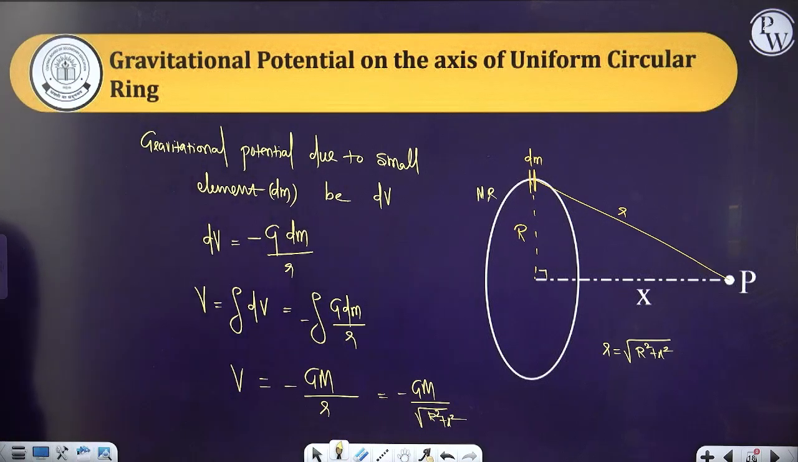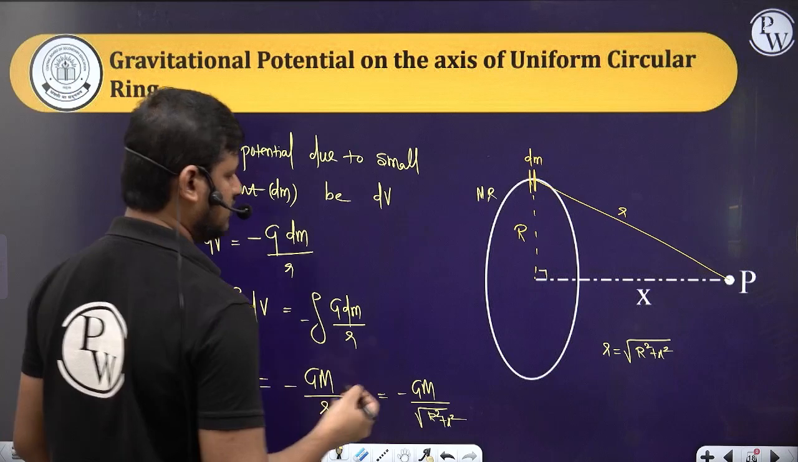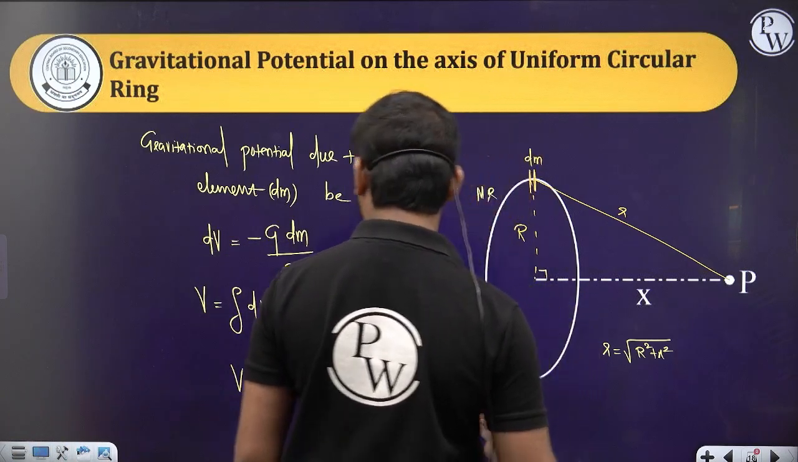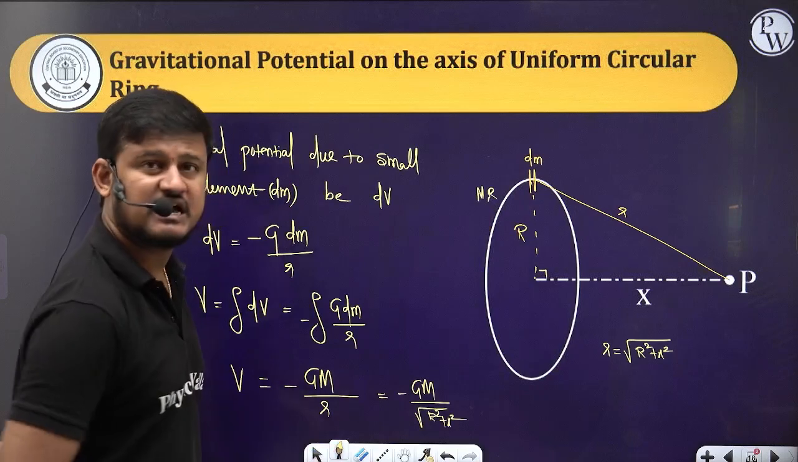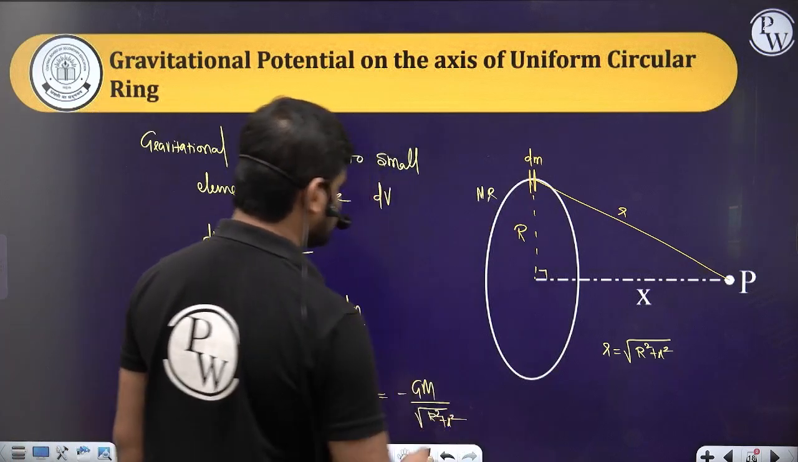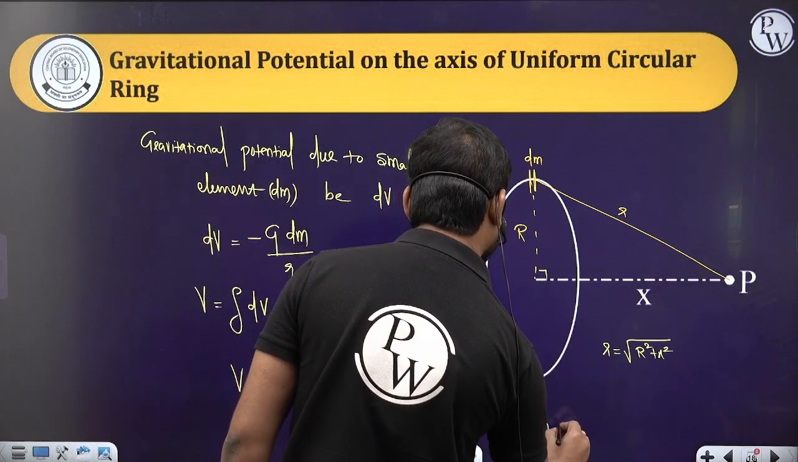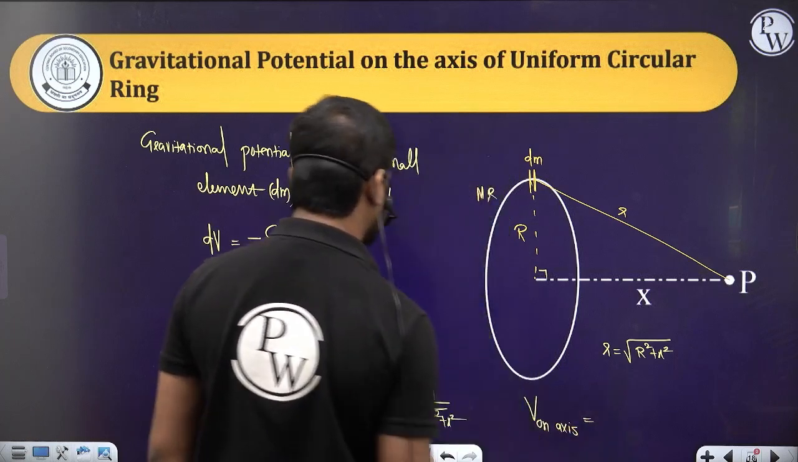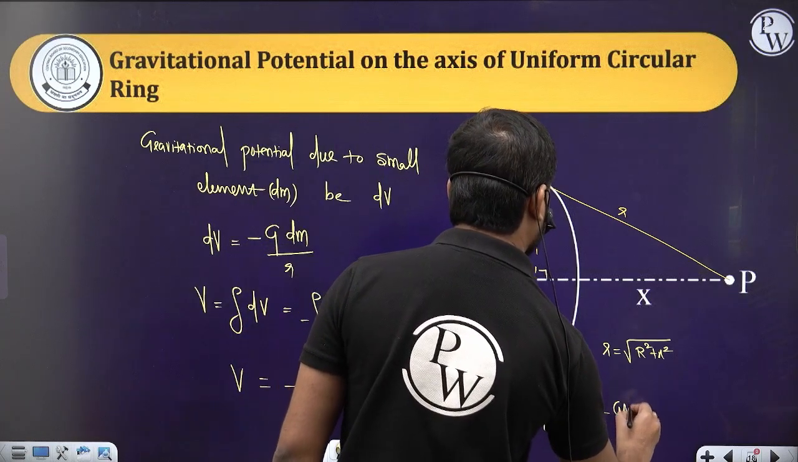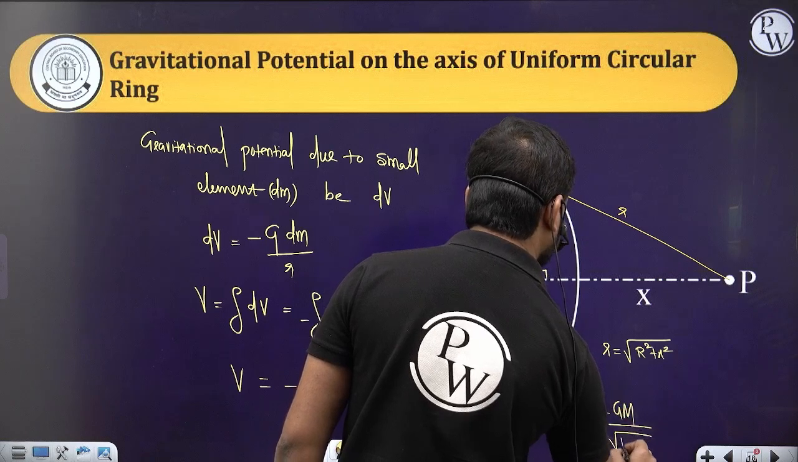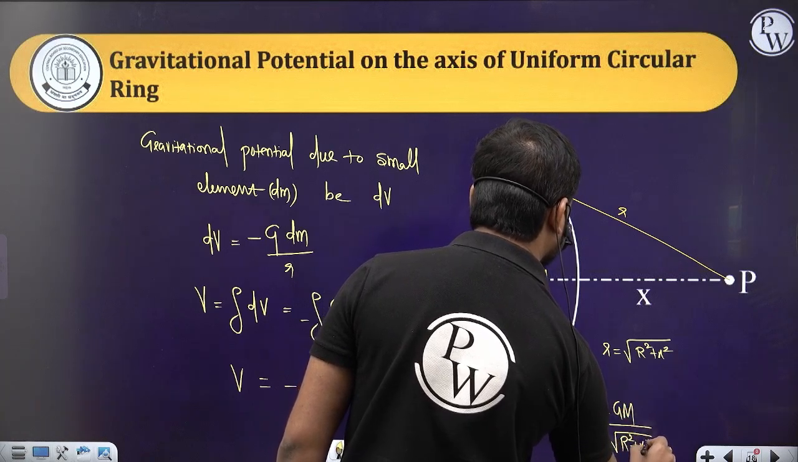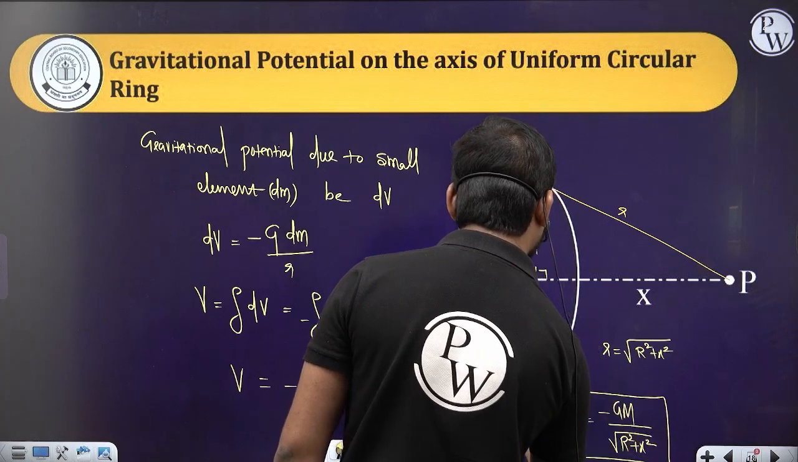So note that point. Everyone fast. Done. So this is on the axis of the ring we call. Therefore, the gravitational potential on the axis of a uniform circular ring of mass M and radius R is minus GM by square root of R square plus x square. Here x is where you are finding the